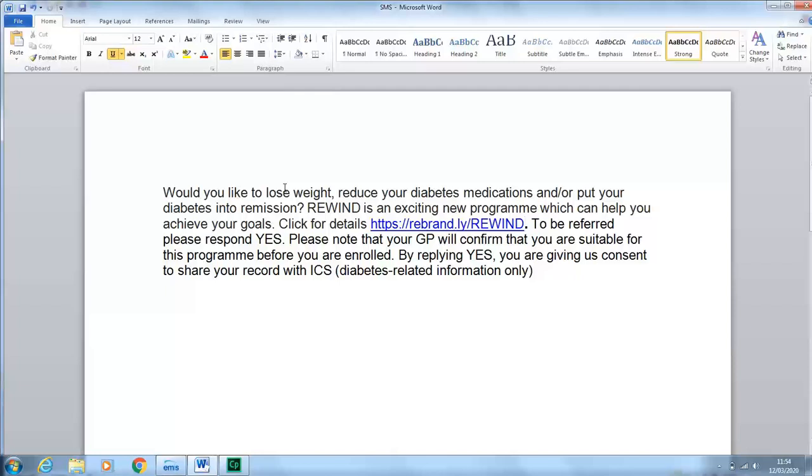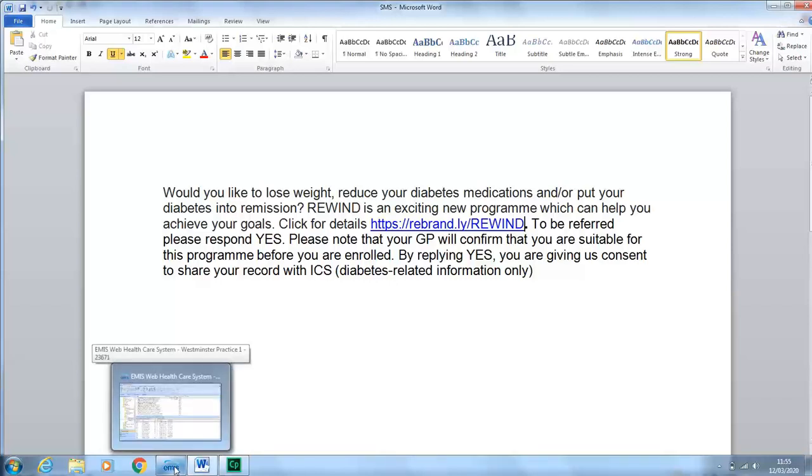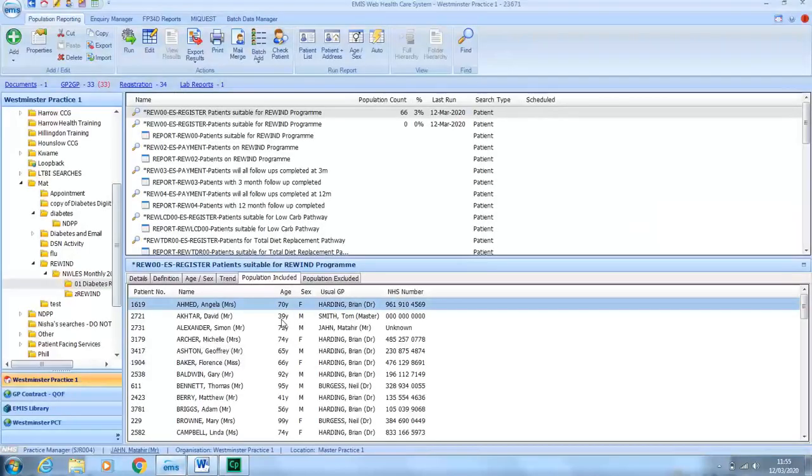Click for details, and there's a URL shortener there, Rebrandly Rewind. To be referred, please respond yes. Please note that your GP will confirm that you're suitable for this program before you're enrolled. By replying yes, you're giving us consent to share your record with ICS, the providers of the service. So that's basically the search